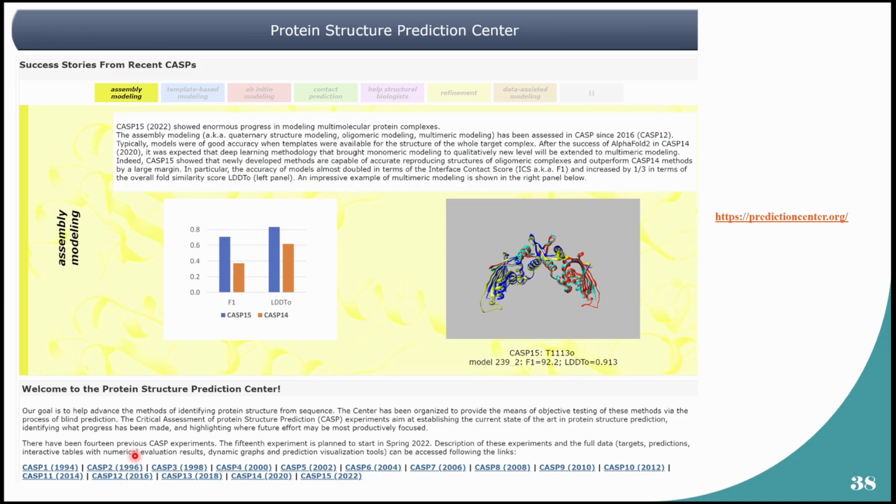Now, for the longest time, basically, no algorithm or software could reach this particular threshold score of 90. In CASP, I believe 12. So CASP 12 occurred in 2016, right? Okay, so CASP 13 occurred in 2018. So in CASP 13, I believe,